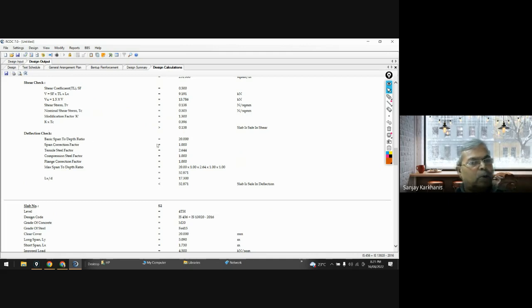So basic span to depth ratio is 20, then correction factor, which is 1, then tensile steel factor, which is 2.64, then compression steel factor is, as there is no compression steel, so factor is 1, and flange correction factor, again, it is not a flange, so it is a rectangular. So finally, you can see maximum span to depth ratio, you can check alpha 1, alpha 2, alpha 3. So all that is coming out to be